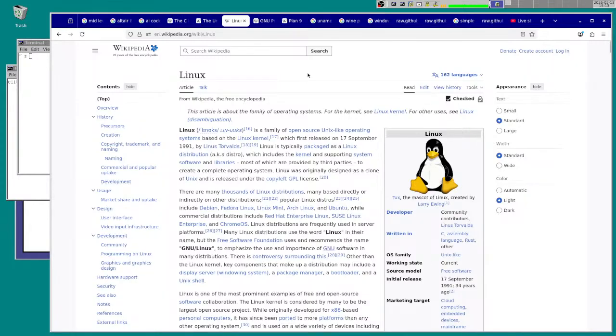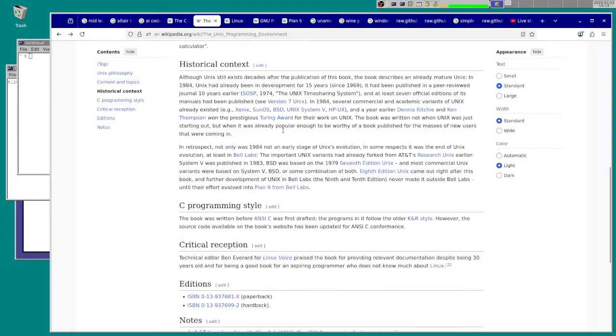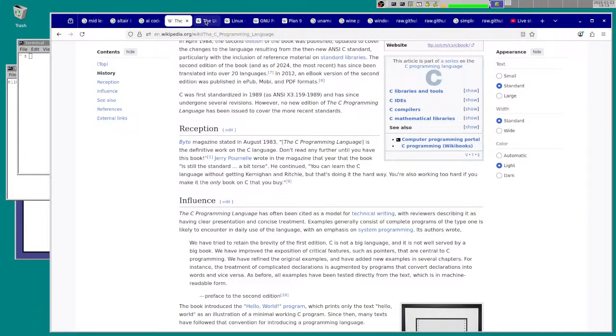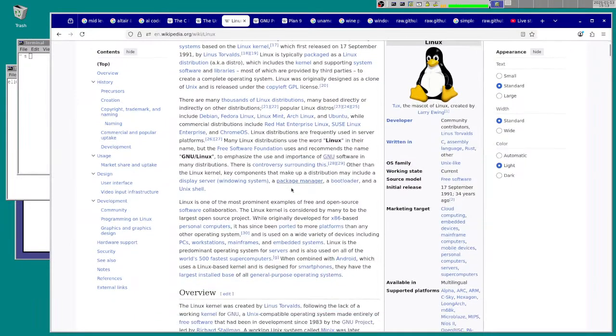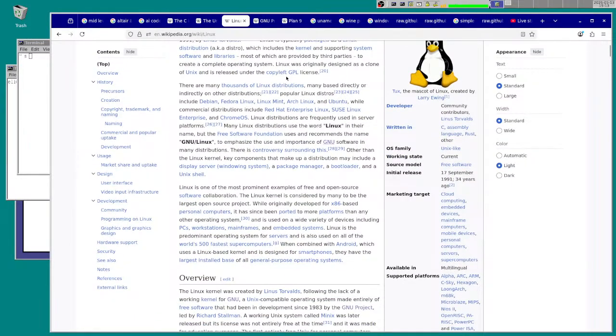And Windows also has stuff from Unix in it, sort of, concepts that go back to Unix. And Linux was first released on the 17th of September 1991, and Linux was a complete rewrite for personal computer type computers.